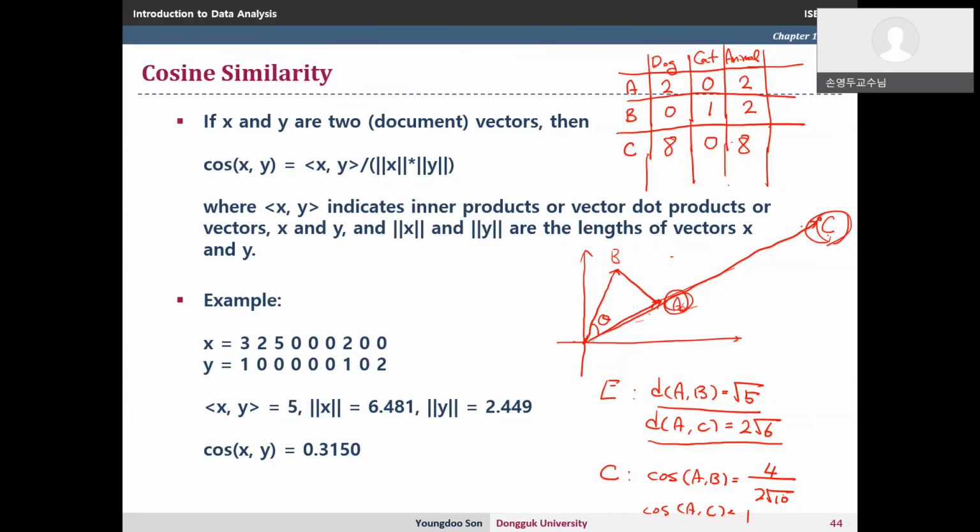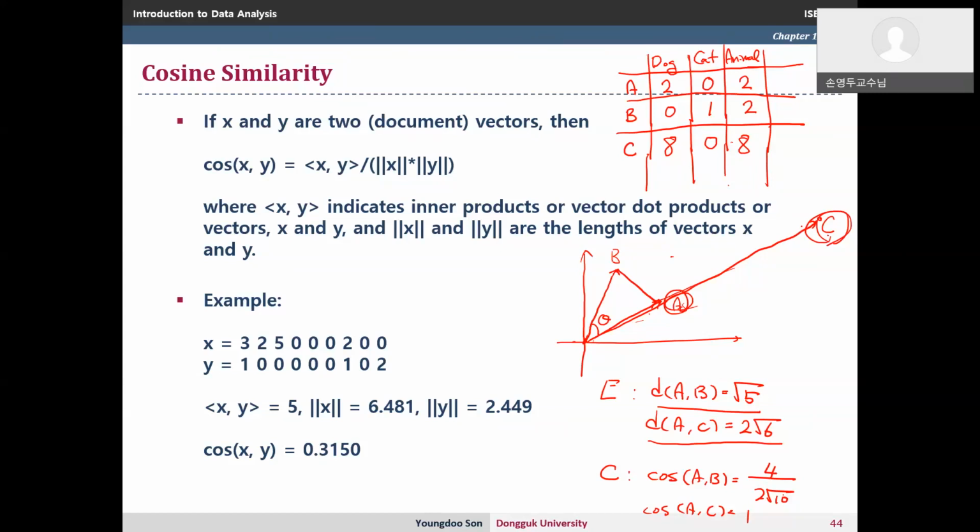because actually here, the example that we made in the last class, if we look at the document A and C, document A contains 2 dogs and 2 animals, and document C is 8 dogs and 8 animals. There, the Euclidean distance is quite large. However, they have the same direction from origin. Actually, we can easily expect that they have similar contents, and also maybe this difference can be from the length of text or length of document,